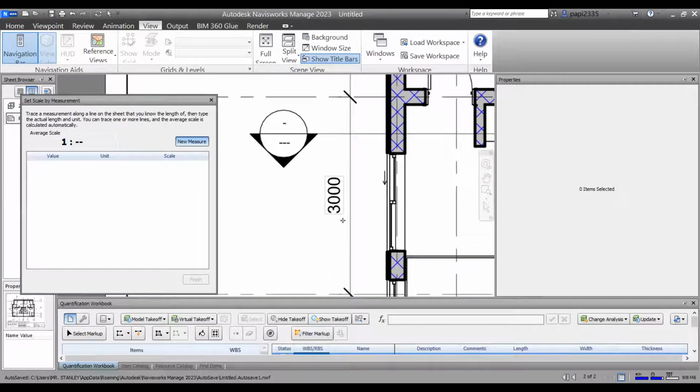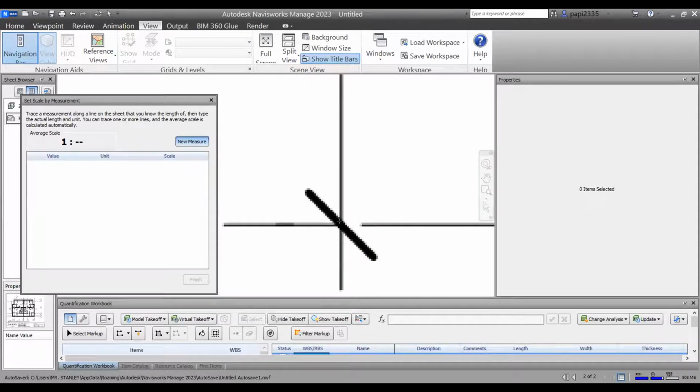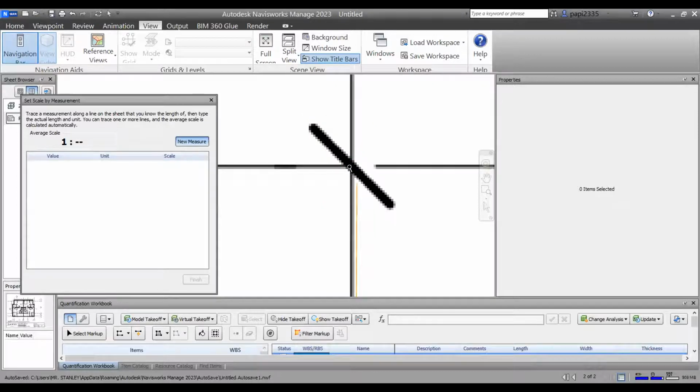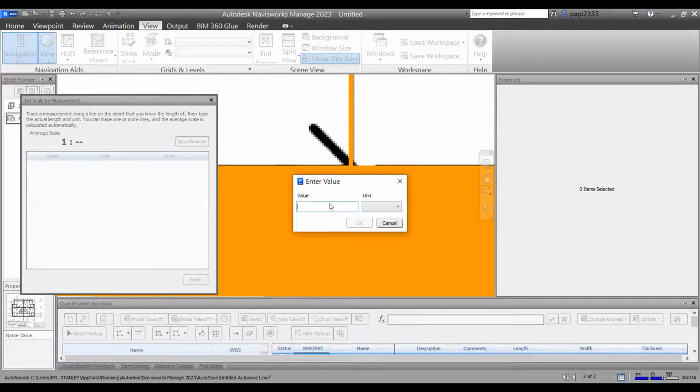and I have to come and say the dimension I want to use is, I know from this point, this grid to this other grid is about 3 meters. I just have to try and narrow it down, eyeball it as much as I can, down to this point. Now, this dimension is 3,000